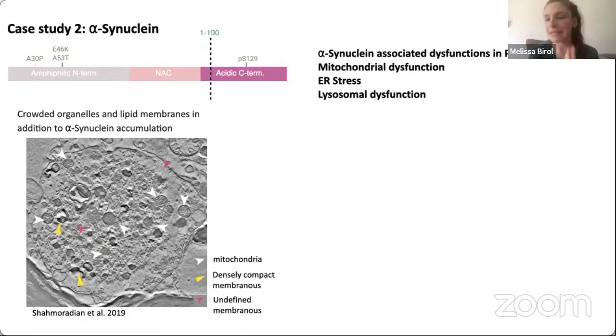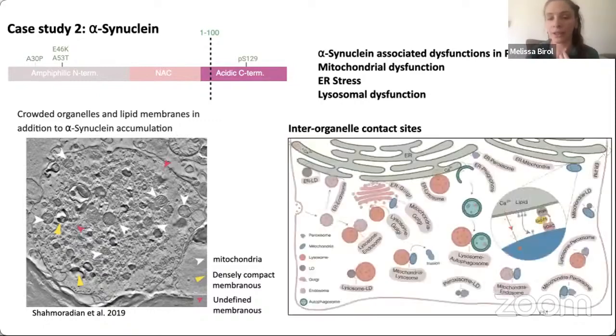However, we've never really seen synuclein localized to a single organelle. And one theory that we have is that it's not a single organelle, but rather an interorganelle contact site that these proteins are localizing with. But of course, studying interorganelle contact sites is very challenging. And one way we're trying to do this is firstly trying to identify if it is on the organelles,